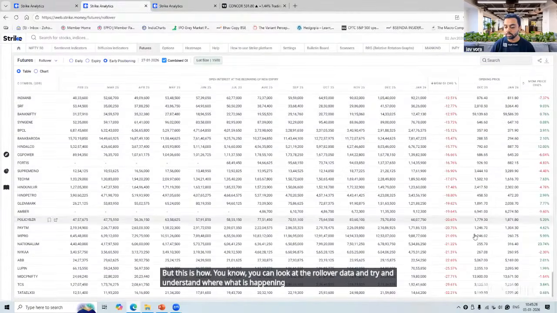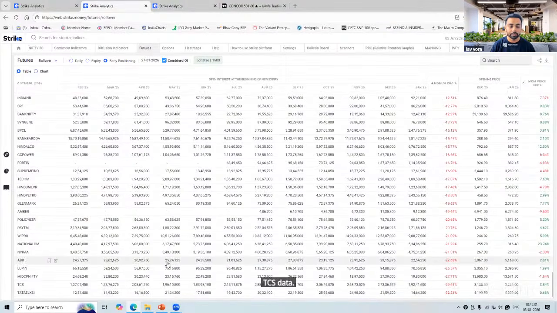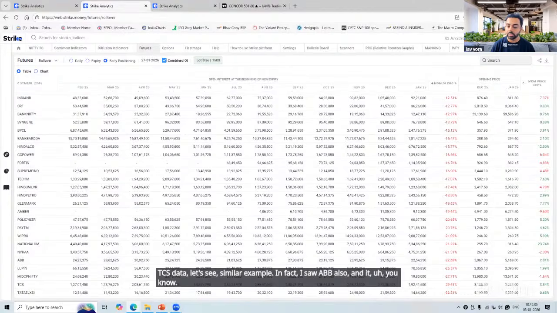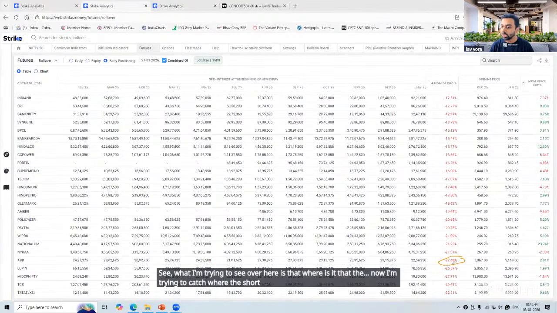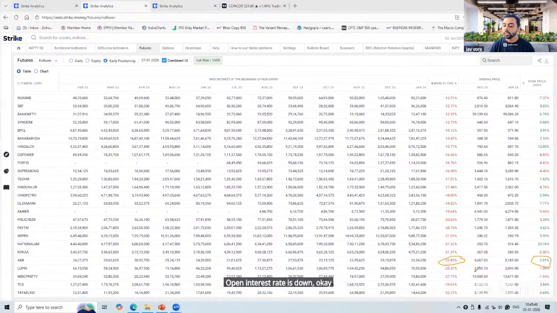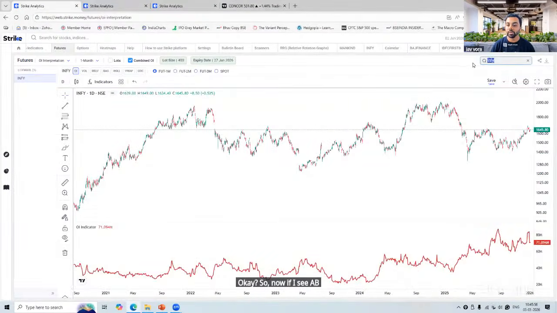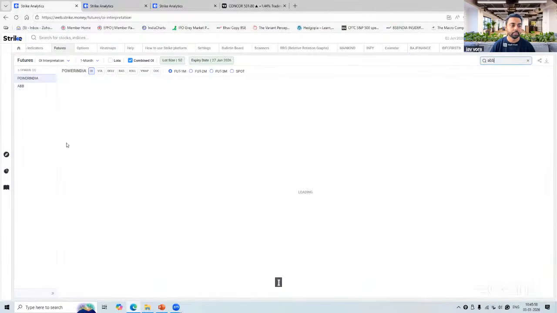Now you see over here TCS, Tata Elxsi, similar example. In fact, I saw ABB also, and it looked a little interesting. What I'm trying to catch over here is where the short coverings are actually happening. Open interest is down, and you see that prices have risen higher. So now if I see ABB in the OI interpretation, I'll realize